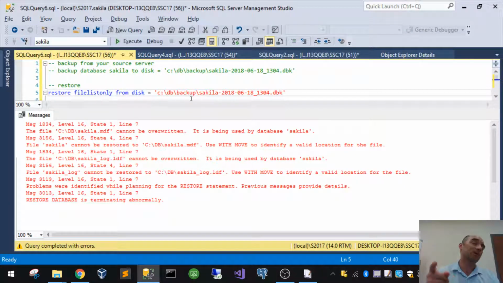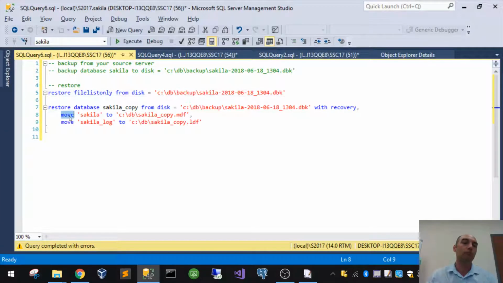You have to do this almost every time you restore. Because you take a backup of a database here, it wants to put it in the same path on the other server. What are the chances that the path on your target server looks exactly the way it is on your computer? Like 1%. So most of the time you got to tell it, oh, when you restore your data file, put it here. When you restore your log file, put it there. How do you do that? The move command. It says move the name of the logical file to, this is the path I want you to put it in. So if I do this,